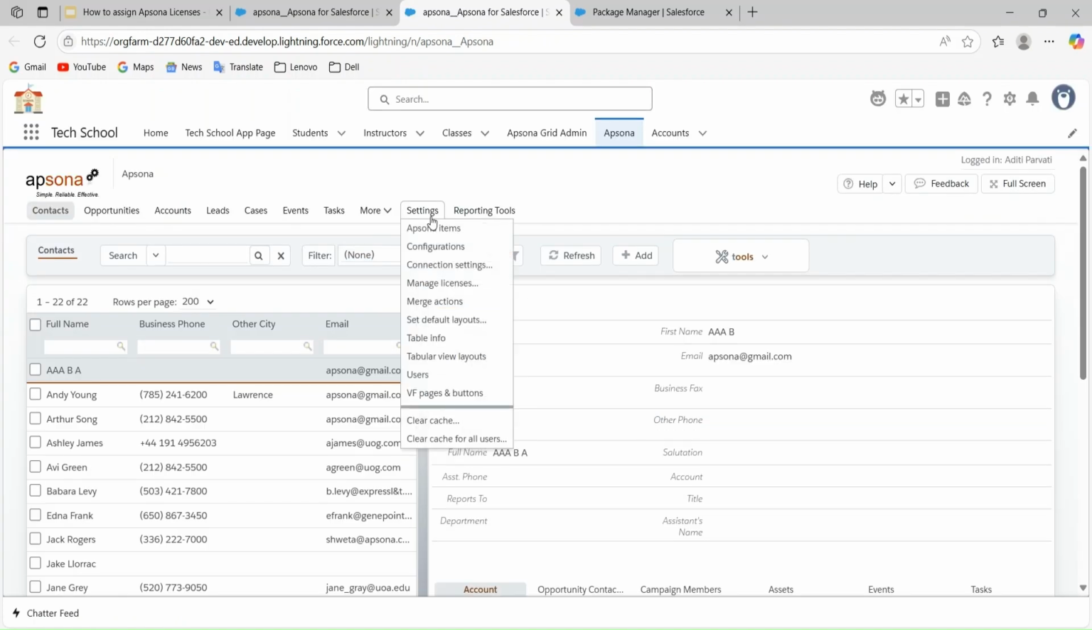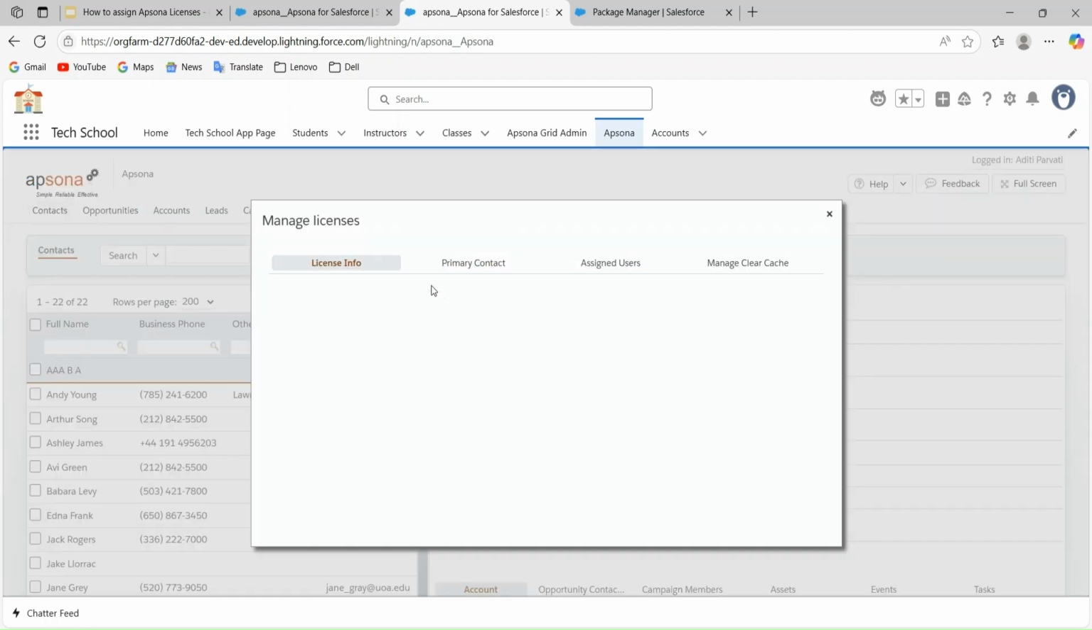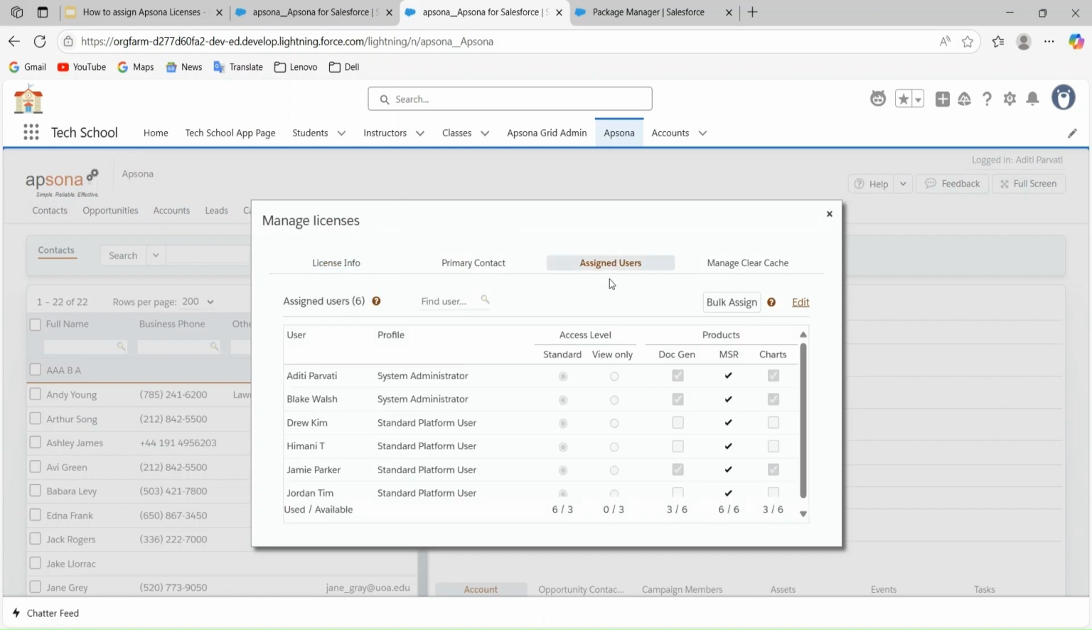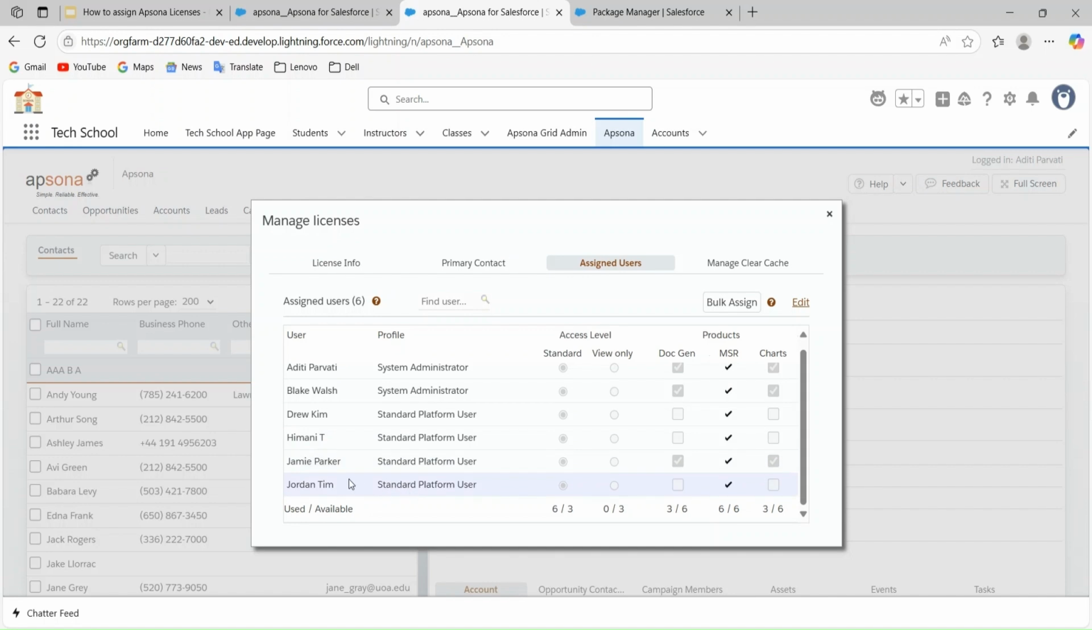Once I have the app opened up, please navigate to Settings in Apsona and select Manage Licenses. Go to the assigned users. You should be able to see the three specialized users you've given access to. Let's restrict these users to the access level of view only. On the bottom, you can see the number of licenses which are present for standard and view only. So currently we're exceeding the standard licenses. So what we'll do is click on Edit and then select